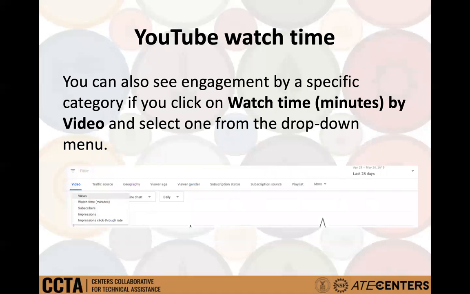Now, let's click to the next slide. Let's look at this watch time example. If you'd like to see how your content has been doing over a longer period of time, you have the option of looking at watch time